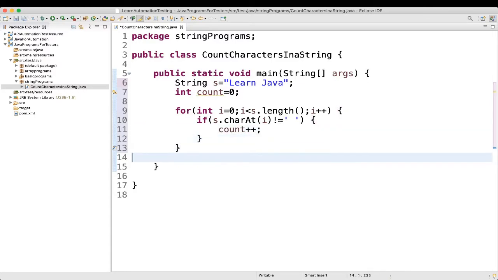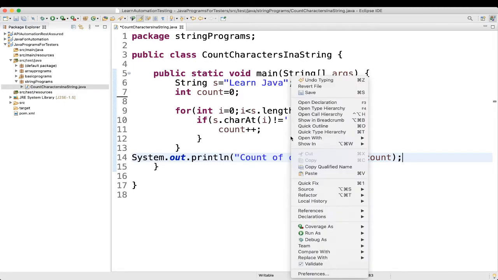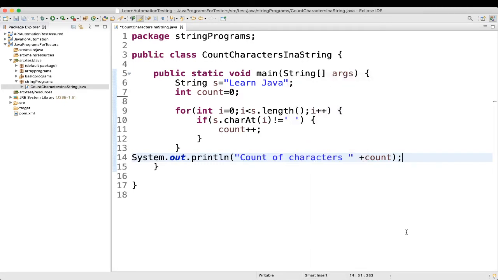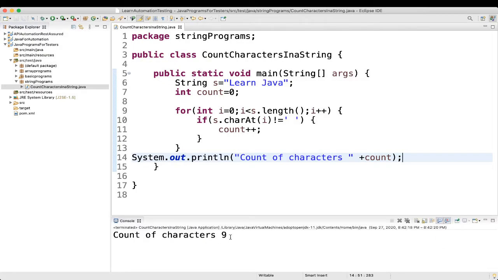Then finally we'll print "count of characters" plus count. So first let's execute and see. Right click, run as Java application. Here we can see count of characters is 9. So here we are saying that 5 and 4 are counted, and the space we are not considering.